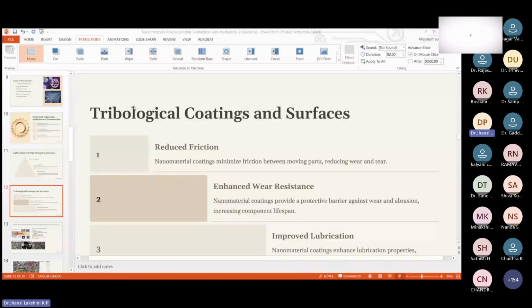Once again, in the feedstock powder we are using nickel, chromium, aluminum, yttrium. The average particle size of this alloy powder is 150 microns, and cenosphere is nearly 100 to 150 microns. These two are microparticles, whereas B4C is the only nanoparticle that I am using here. After coating, the coating thickness is checked, and the variation in coating is also checked. The coating thickness is observed to be 150 to 180 micrometers.